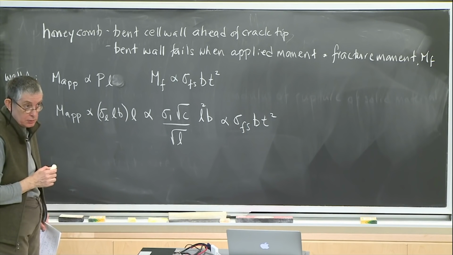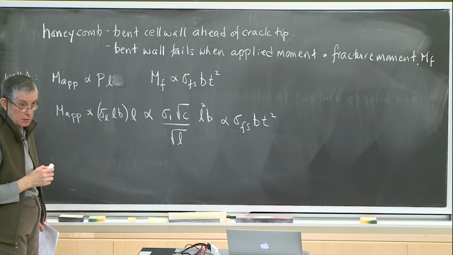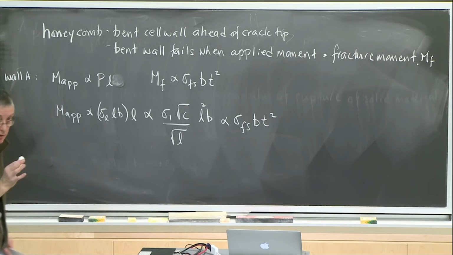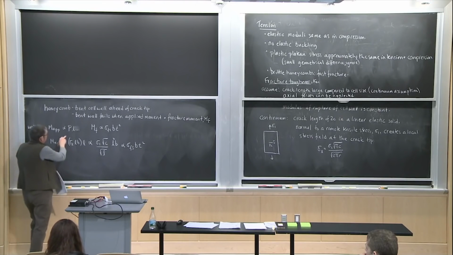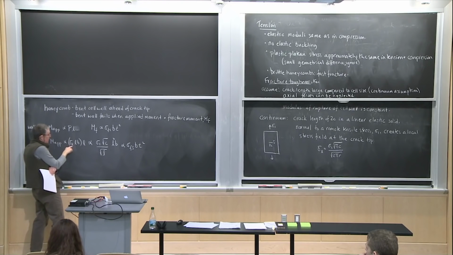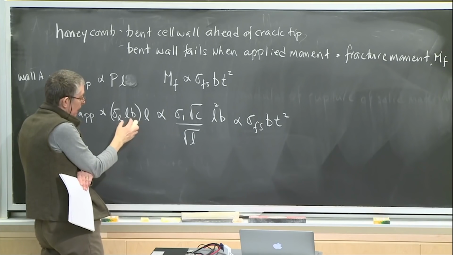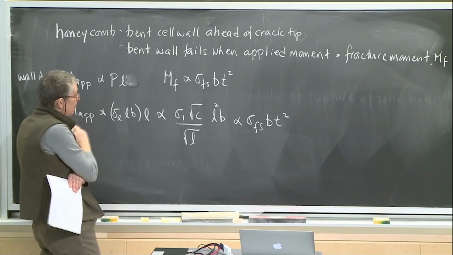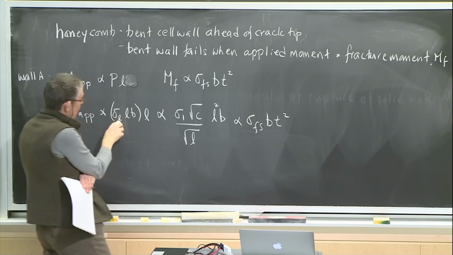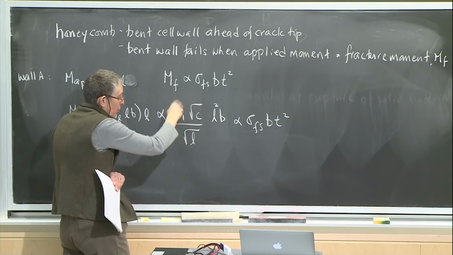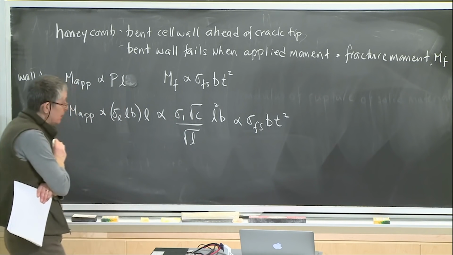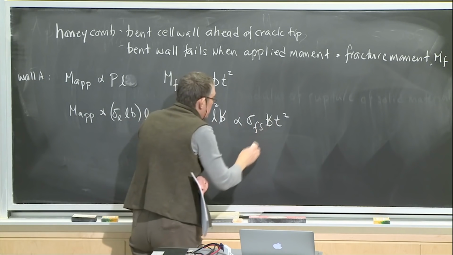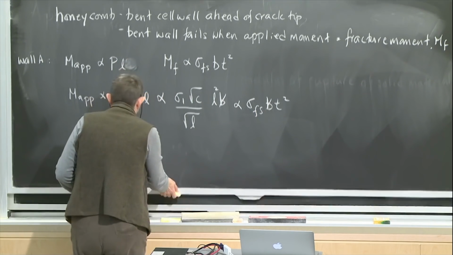So are we good here? You have to think of the crack tip, and there's some local stress field ahead of the crack tip, and we're saying that the load P is equal to that local stress times a cell length times the depth into the board, and then multiply times L to get the moment. And then I replace that local stress with this standard equation for the remote stress and the crack length and the distance ahead of the crack tip. So here the B's are going to cancel out, and now I can solve